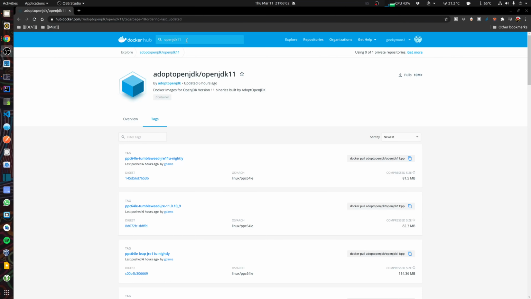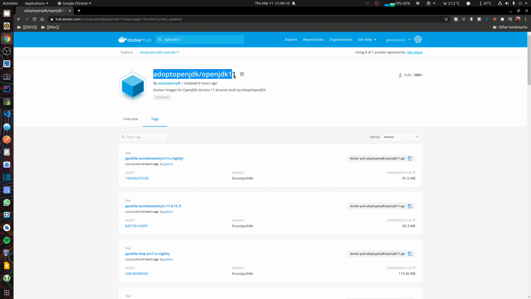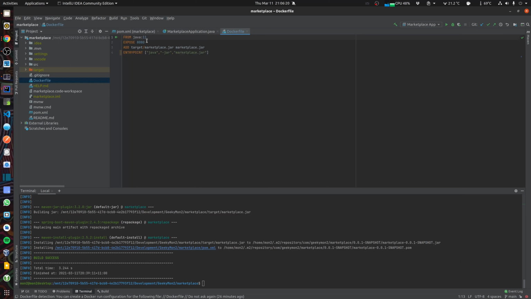And I have searched for OpenJDK 11 on Docker Hub, and I can see that the AdoptOpenJDK 11 version is available. So I'm just going to copy that and use that image instead. And I'm going to go back into my Dockerfile and replace the Java 11 with this image.